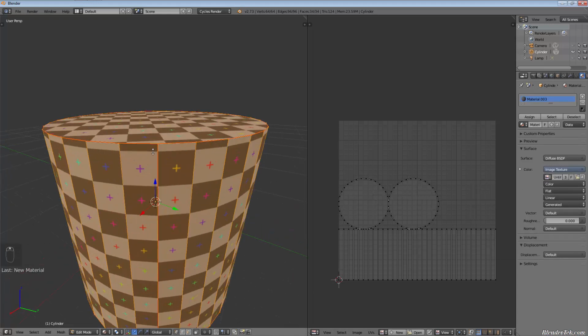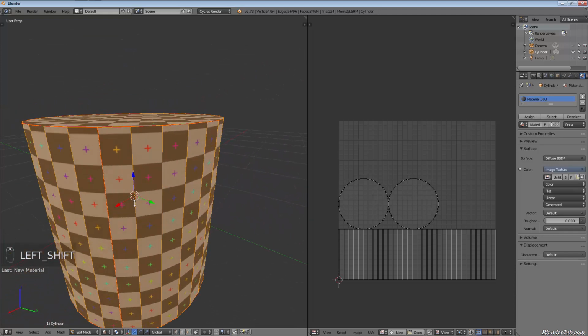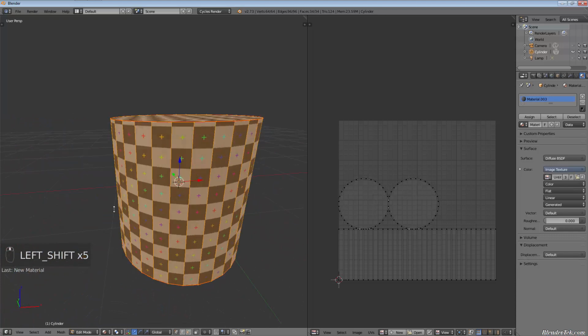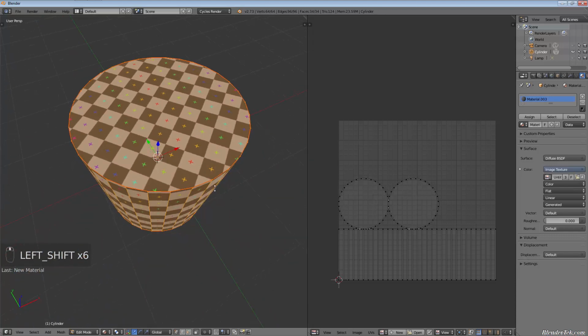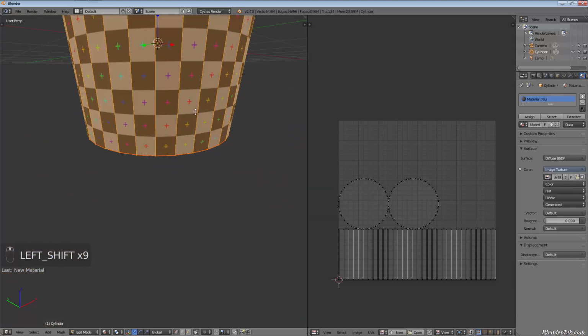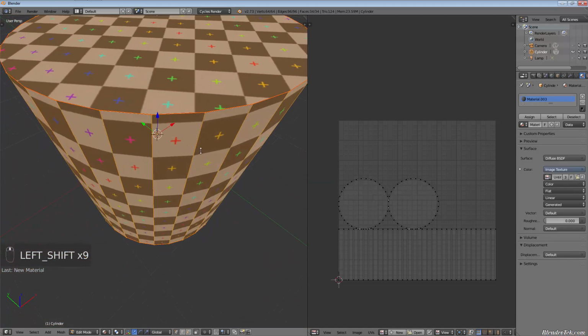And so you can see that the sides are all lined up perfectly all the way around. There's no stretching and they line up perfectly. But the top and the bottom don't line up at all. So what you might want to do in this instance is grab your